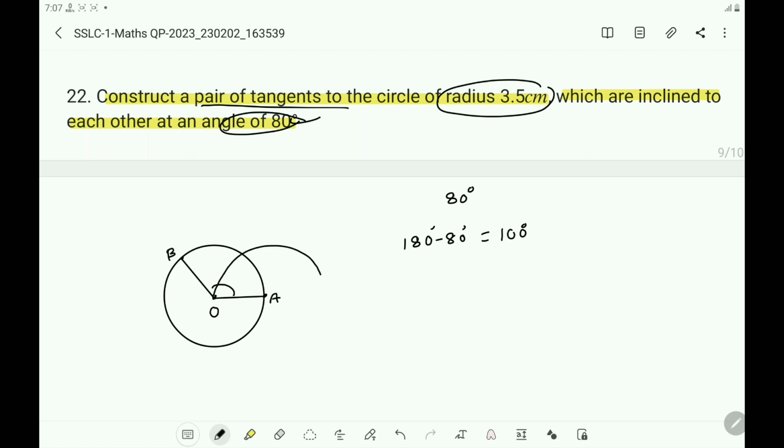Draw one curve, and you will get a point of intersection of the circle and the curve. With that as a center, with the same measurement of arc, draw one more curve like this, and again you get the next point. With that point, with the same radius, cut it. So you get one more point, the last point, and join that to